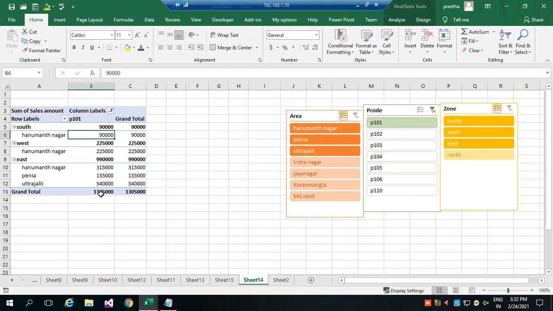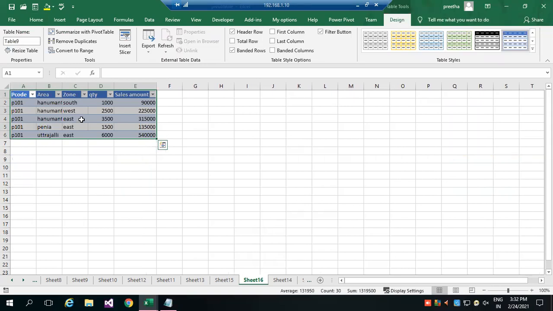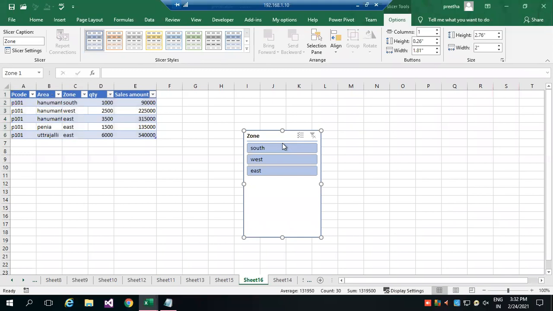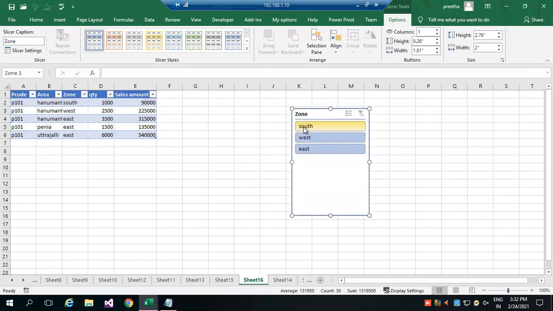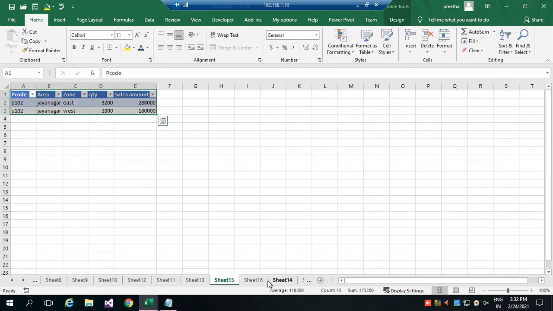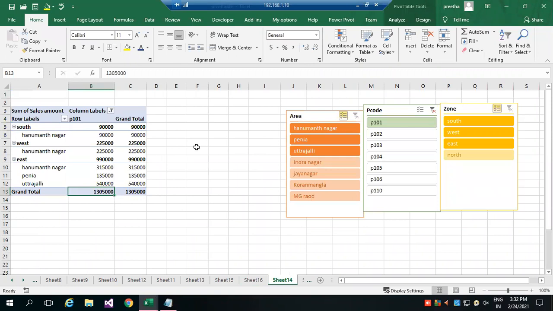So once you double click how you are getting that total, it gives you one more detailed view. In this again, you can go for slicer and other things, and see only for further analysis. I use it for zone. Okay. Here I can filter again only for a particular zone. So from my table, again, I can do further analysis.